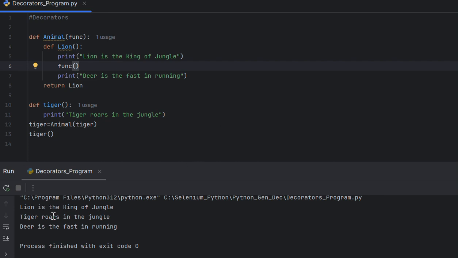We got all the functions like lion is the king of the jungle, and then tiger roars in the jungle, and then deer is fast in running. Now this function is replaced with the tiger function, and then the tiger function prints each statement in between the lion and deer functions. These are the decorators. And also we can do it differently, like we can remove this particular lion, tiger is equal to animal of function,